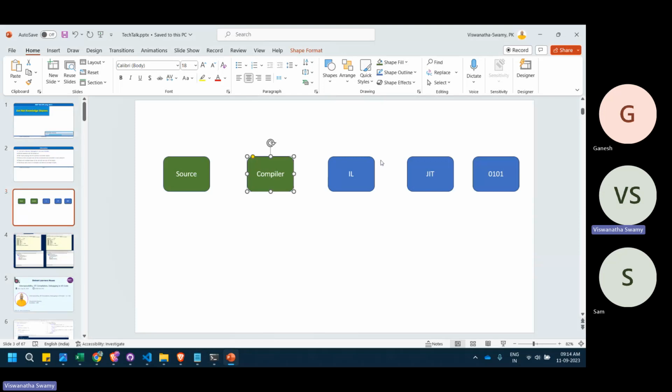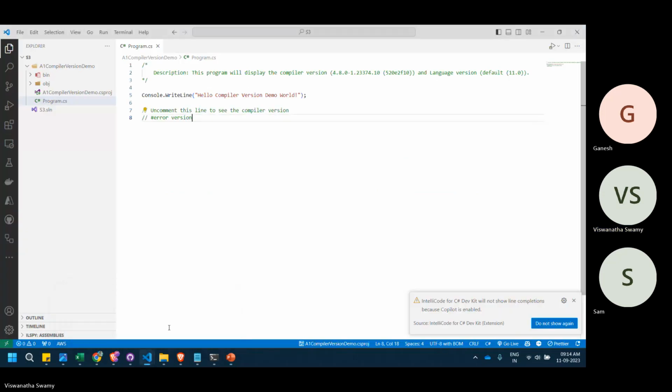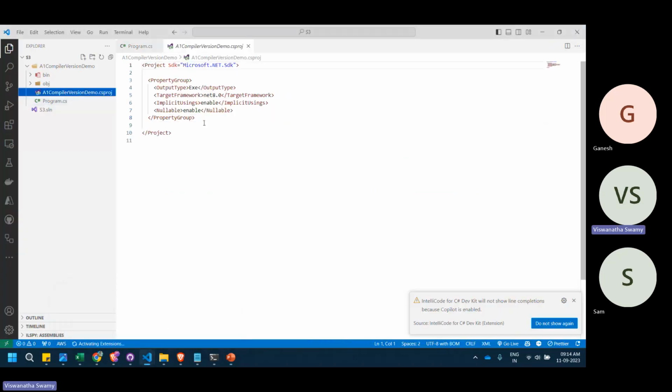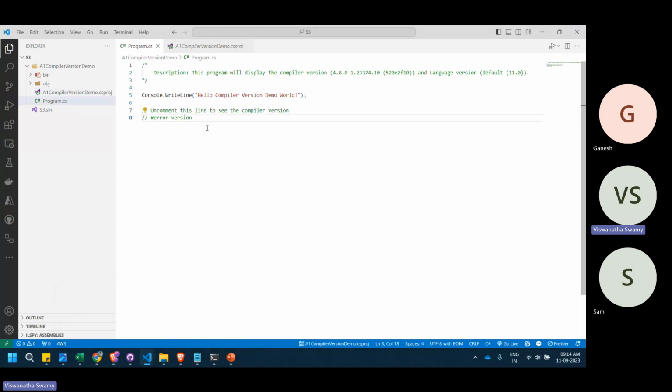So before doing this deep dive into that IL, let's see what the compiler language is. How do you figure out what the compiler version and the language version are? Because it's always the framework version. In the C# project, you will know the type of output and the framework version, and some other language versions you can specify here. And one thing to know very specifically, what the compiler version and the language version are, you have to write this